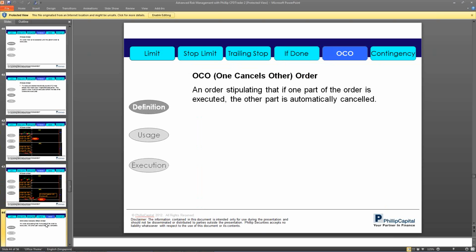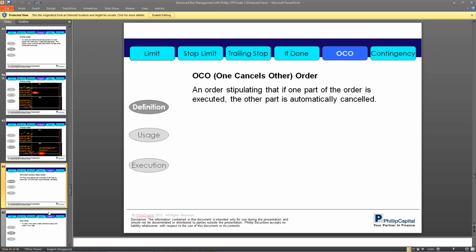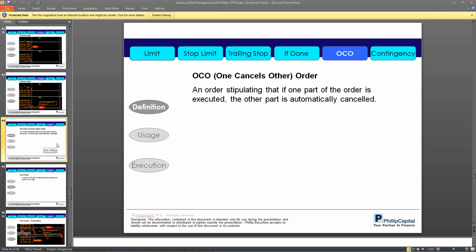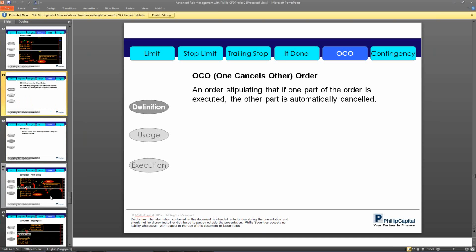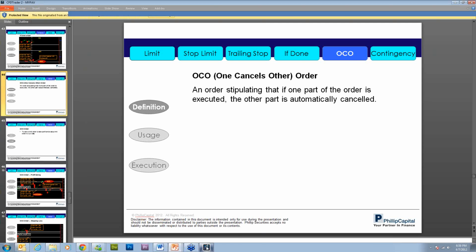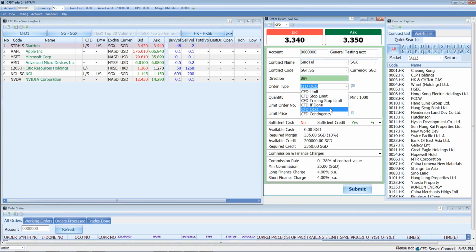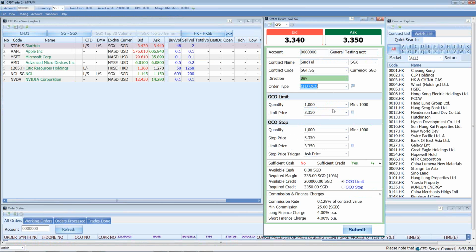All right. Now, next is one cancels other. Okay, this is a very interesting order type. If you trade Forex, you should know this order type because it's pretty popular in Forex. It is very different from your stop limit order because it encompasses 2 different orders, 2 different limit orders. So how does this look in our platform? If you were to look at OCO right here,